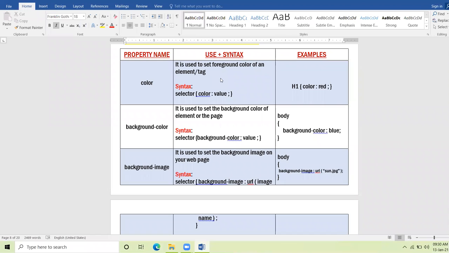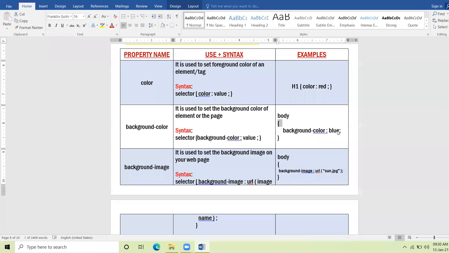Am I clear? Kamakshi, am I clear, beta? All right. So suppose I want to give background color yellow to the web page. So I will apply the property body, the name of selector, curly bracket, background hyphen color, colon, and give any color over here.